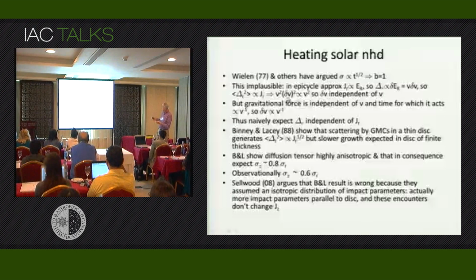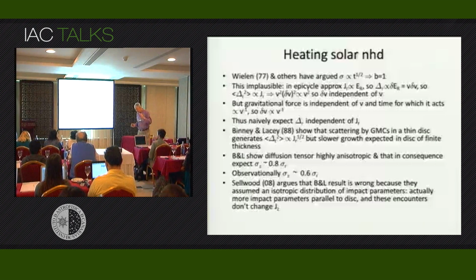which, if b is 1, is going to be proportional to JR. So this thing is going to scale with JR like JR. That's Wielen's hypothesis. It means that this change is the square of this, so it's going to be v squared delta v squared, but JR is going to scale like v squared, so we're going to have v squared delta v squared proportional to v squared. That means that delta v, the scattering in the velocity, is going to be independent of velocity.